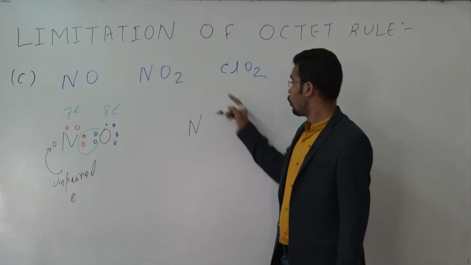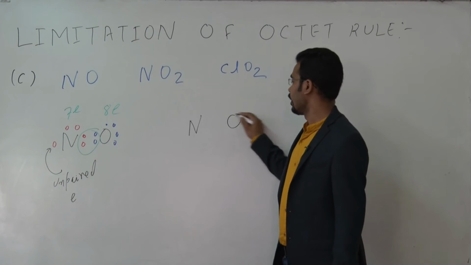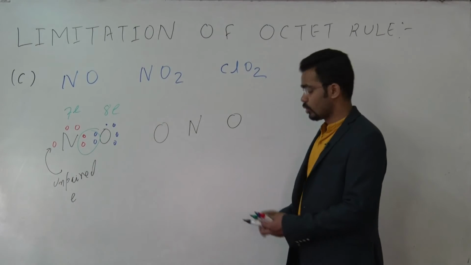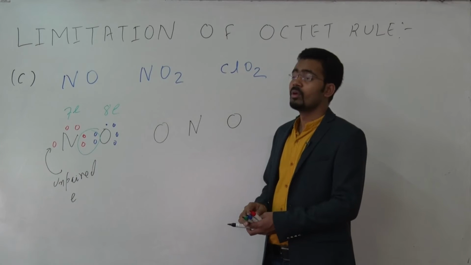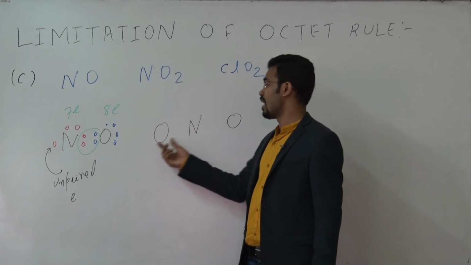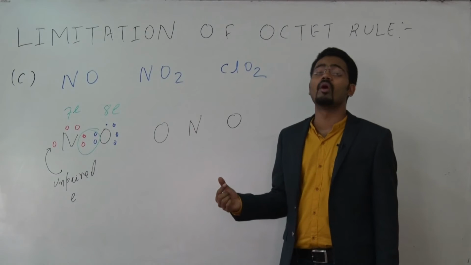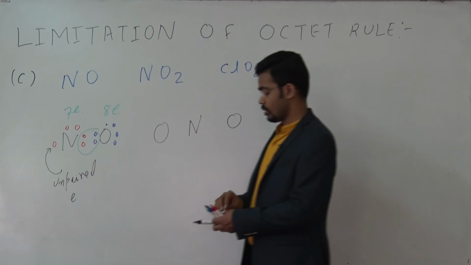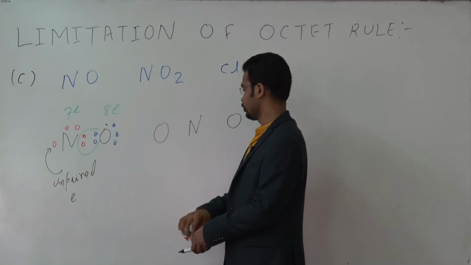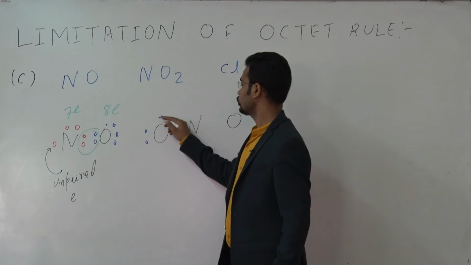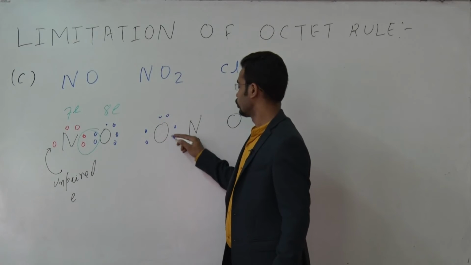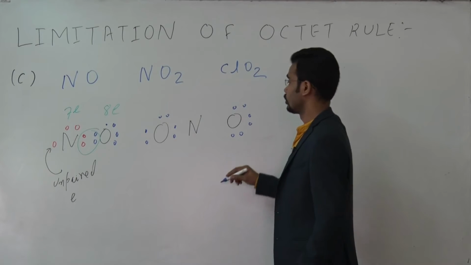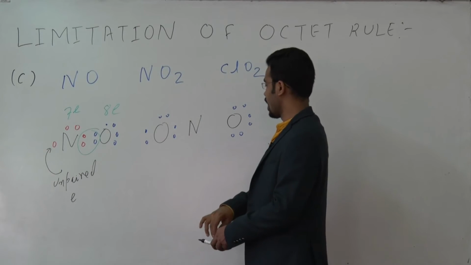Now put the remaining atoms symmetrically, and so tell me the valence electrons of nitrogen: 5. So it forms 3 bonds while oxygen forms 2 bonds, yes or no? So we have to write here, and here also oxygen has, and nitrogen has